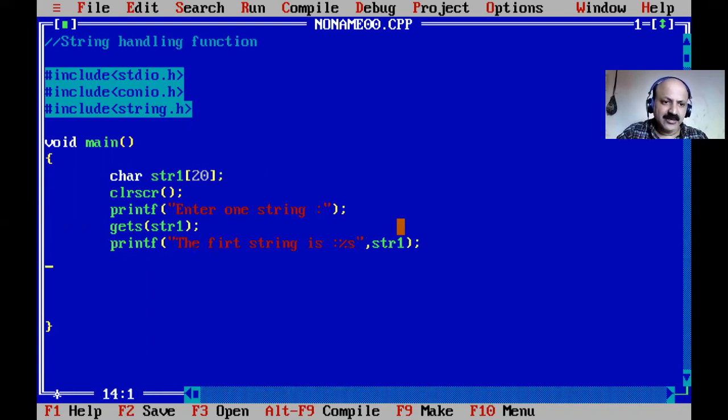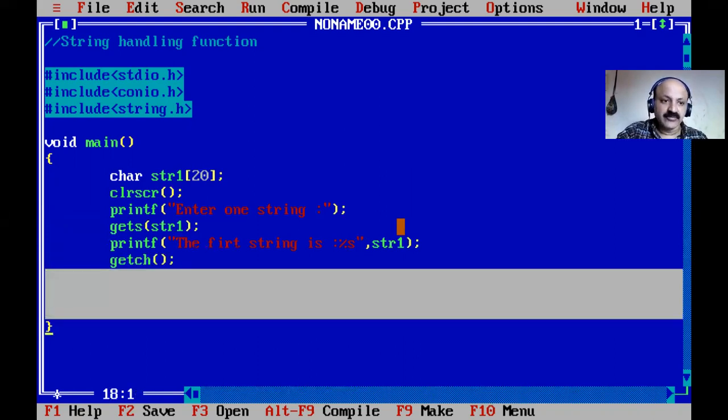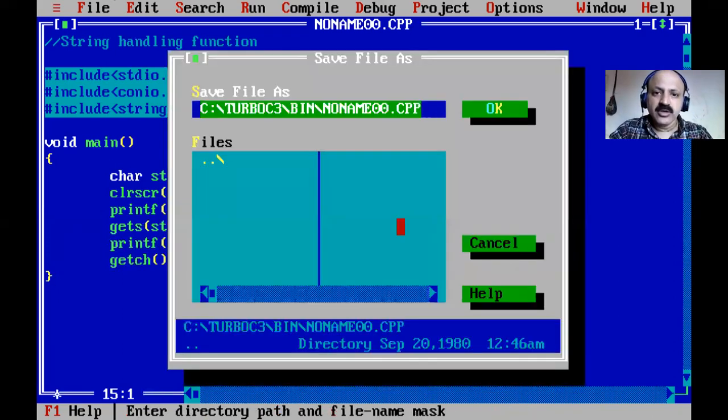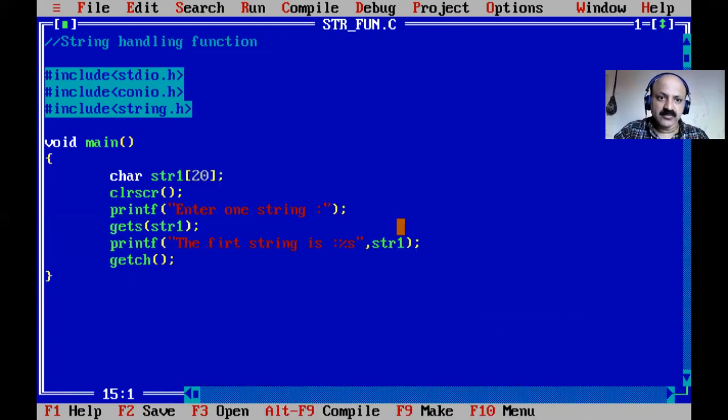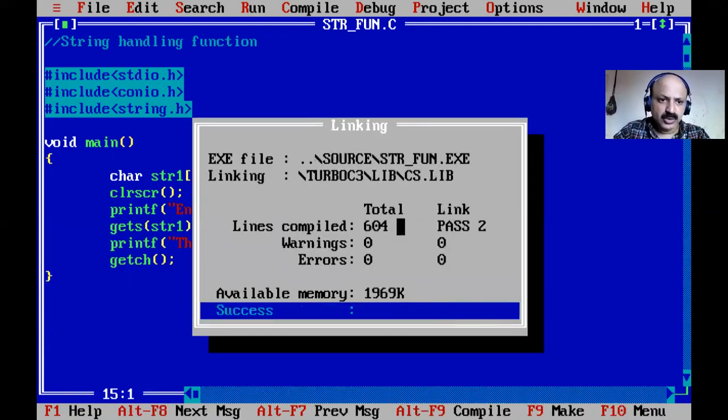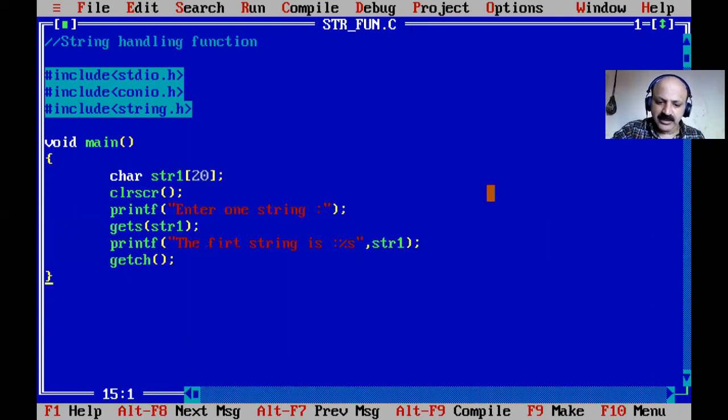First we can scan and print, and then we can copy. Let us give the file name, str underscore function dot c. Now compile. Yes, there is no error, and our executable file is generated. Run.